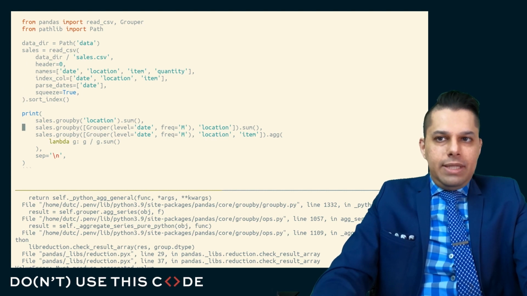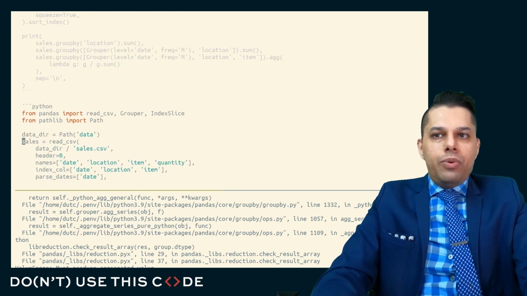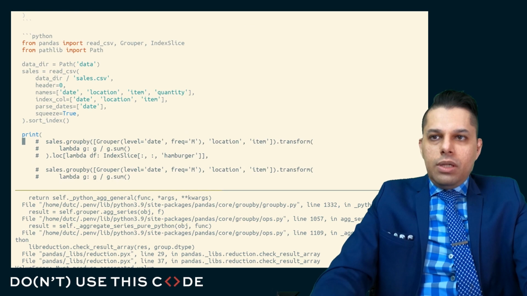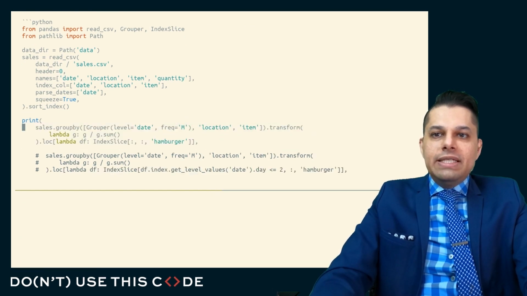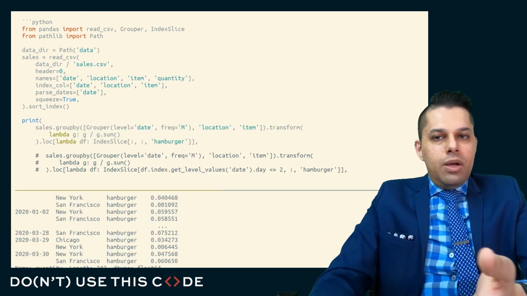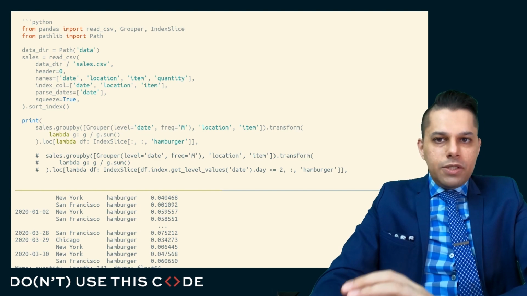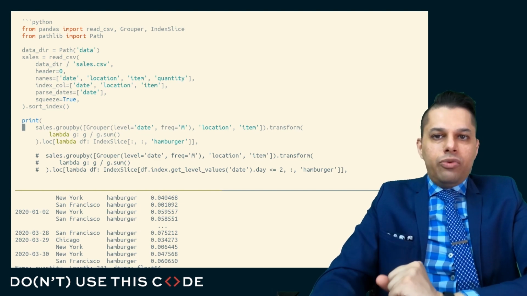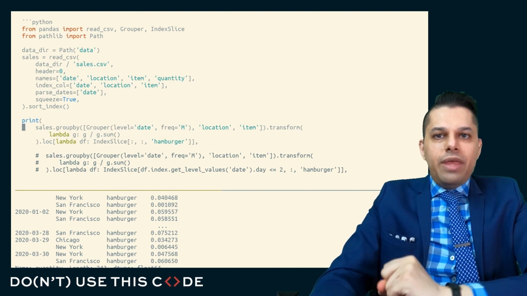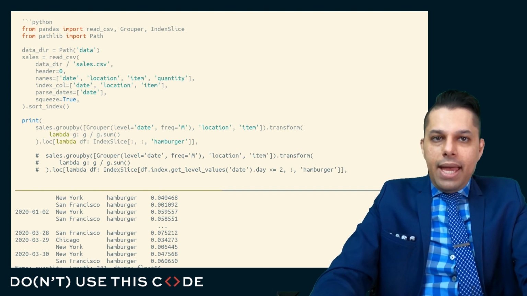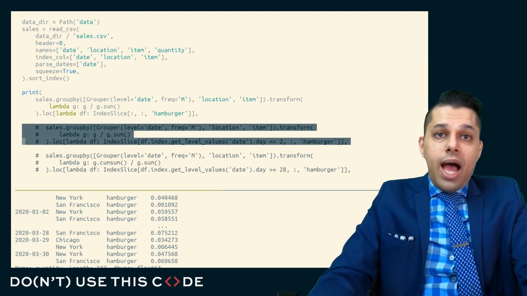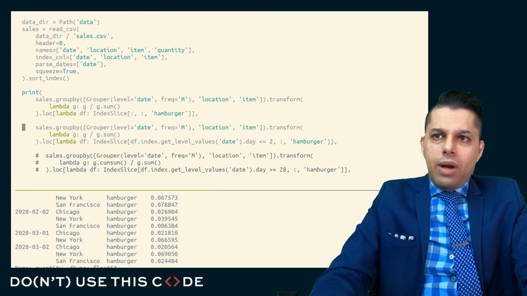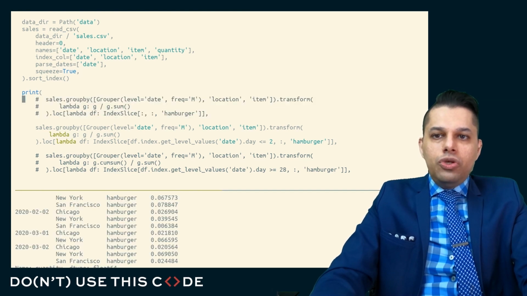Because if we go back to this example and we change the group by operation that we do here from .agg to .transform, we get exactly what we expect. You can see 7% of the sales happened on this particular day of the month, 3% of the sales for that total of that month happened on this particular day, and we can do some other things to eyeball this data. We can see how this data lined up for the first 2 days of the month,